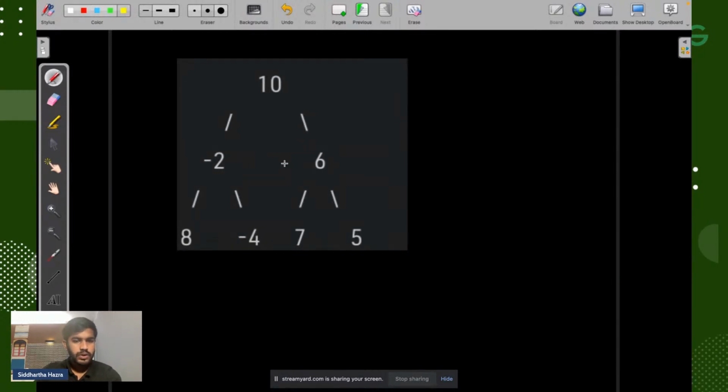Now if you see, this would be 7 added to 5, so basically this node would be 12. Suppose I am the last child, like suppose my father has a child, which is me, but I don't have a family. If I say that all the members who have evolved from me, I want the